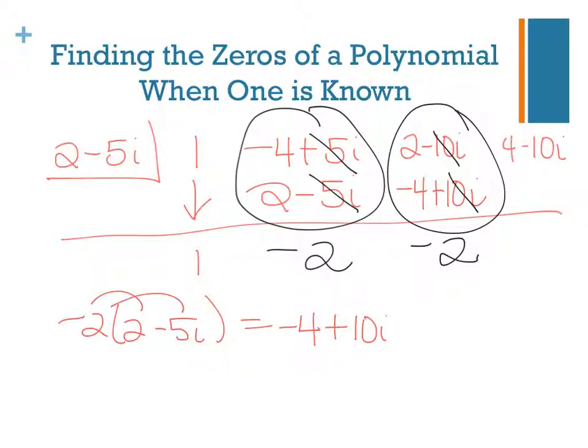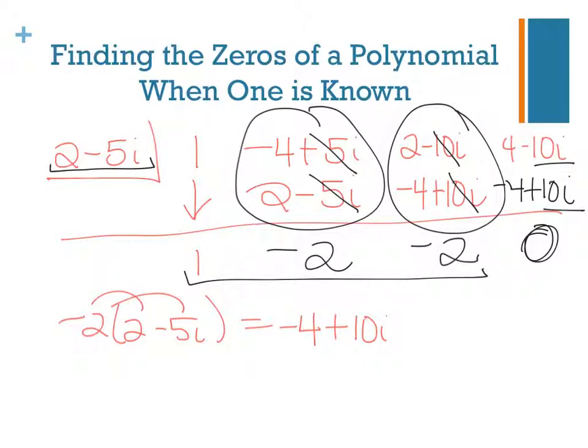So when I multiply this negative 2 times 2 minus 5i, it's the same work that we had just right here. So my response again is going to be negative 4 plus 10i. And when I add this column, 4 minus 4 is 0, and negative 10i plus 10i is also 0. So we have shown that 2 minus 5i is a 0 of this polynomial, and our remaining factors come from